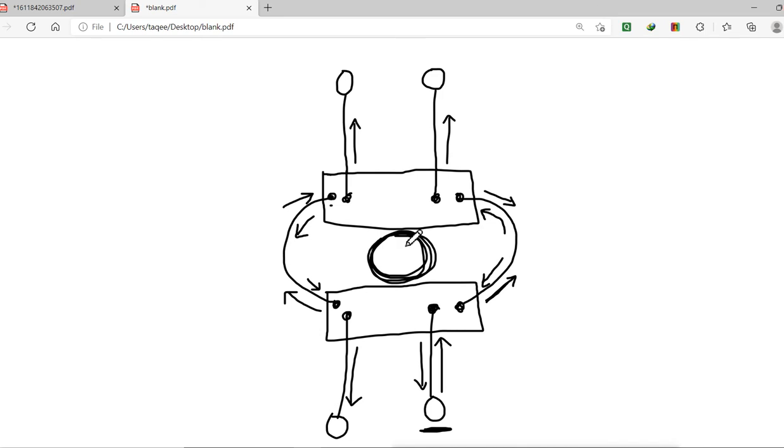When this happens, it consumes the whole bandwidth, everything gets stuck, and nobody will be able to do anything. Nothing will work, and everything will be stopped. And that is what a layer 2 loop is.